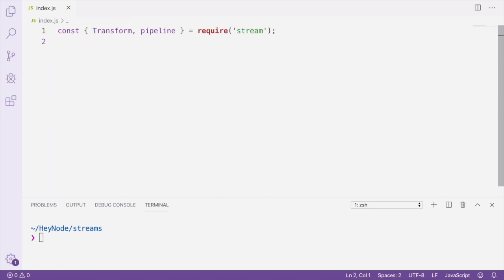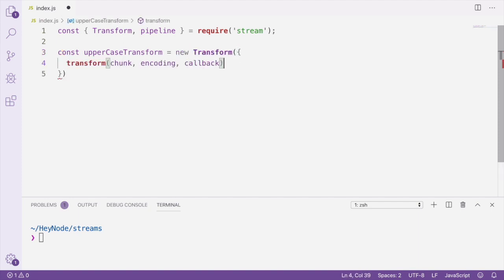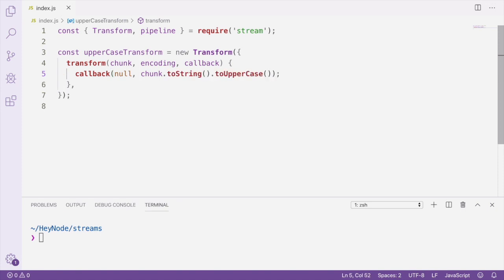The examples that we've shown so far have been fairly trivial, meant mostly to demonstrate how you work with streams. Now we're going to show a more powerful use case, using transform streams to alter the data that is streamed from the source to a destination. Transform streams are a useful way for helping us create a pipeline to alter or process streaming data. In this example, we're going to create a transform stream which converts all strings that pass through it to uppercase.